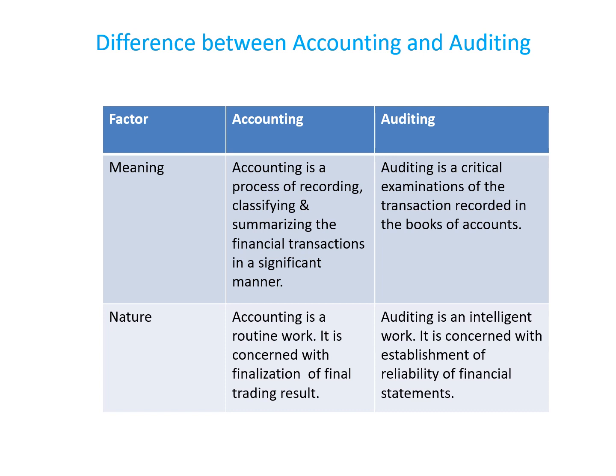Accounting is a process. It includes recording of transactions that happened in the business organization, classification of transactions, and summarizing the financial transactions in a significant manner. It means that accounting is processing work, it is systematic work, it is prescribed work, and it is to be done in a significant manner.